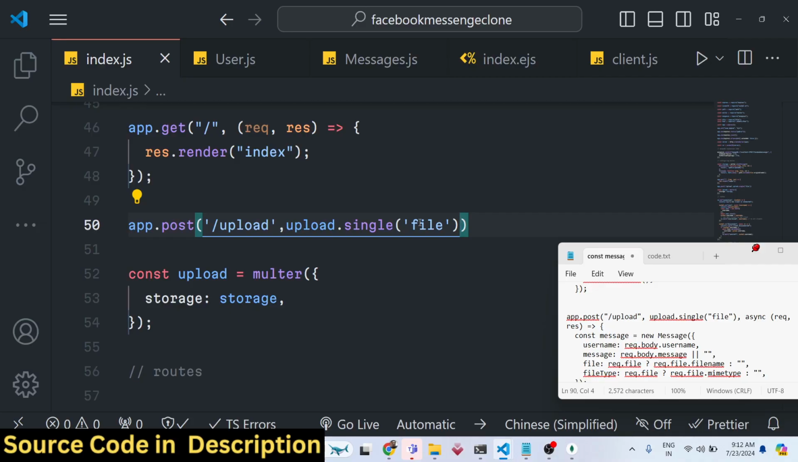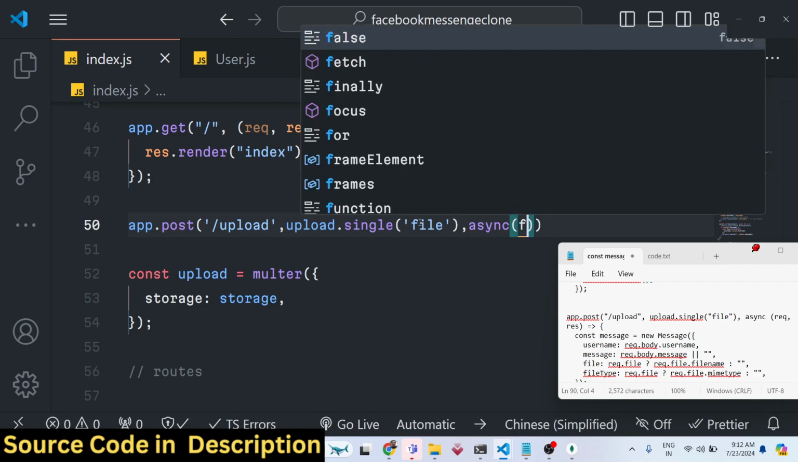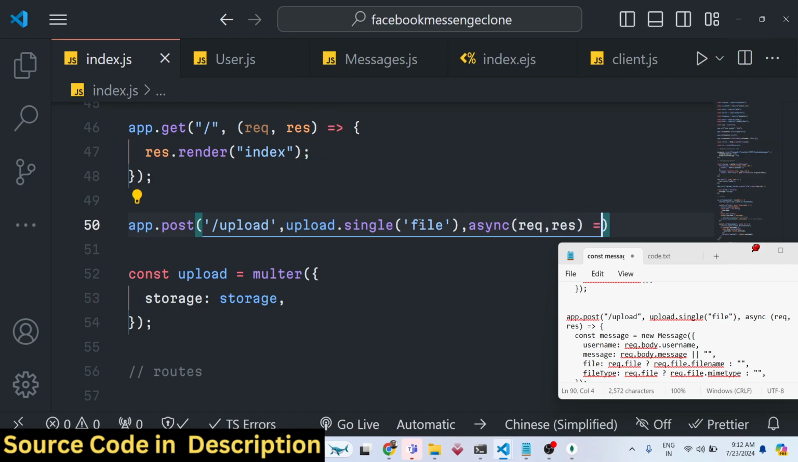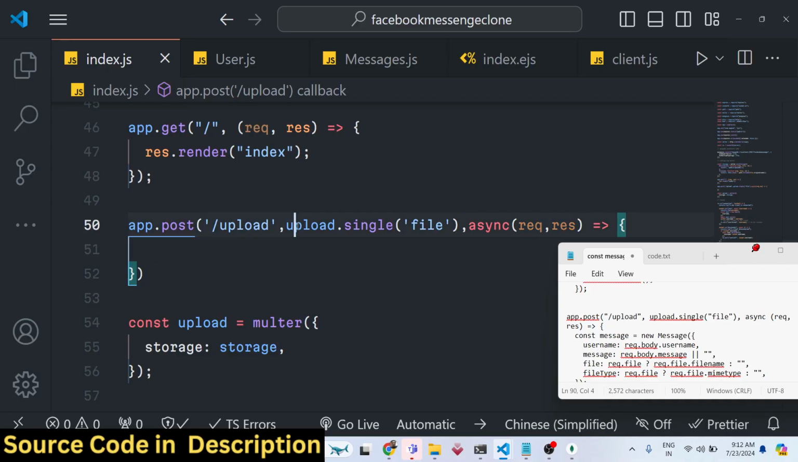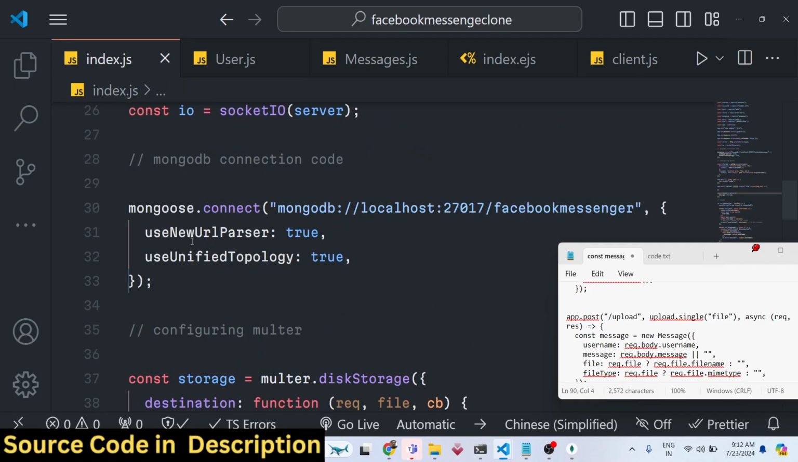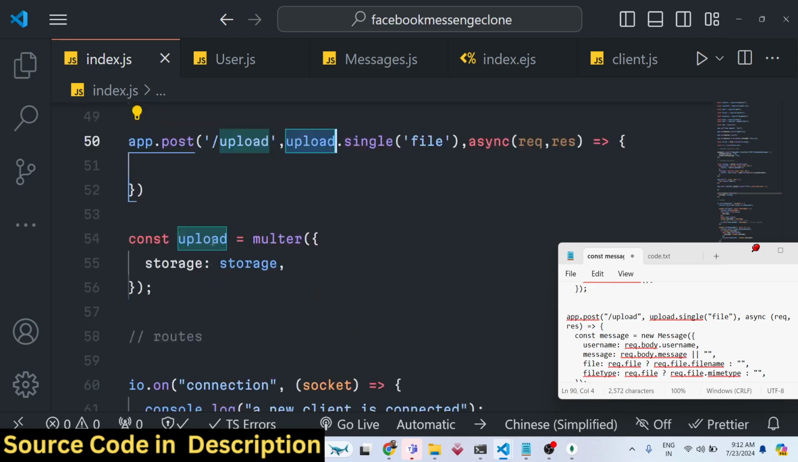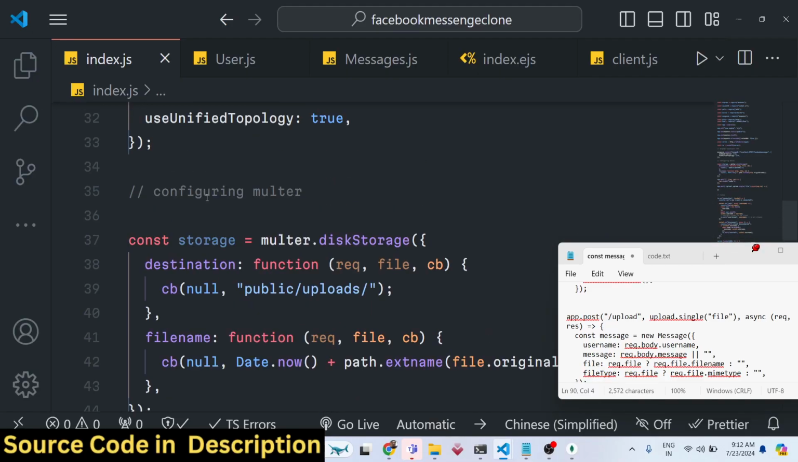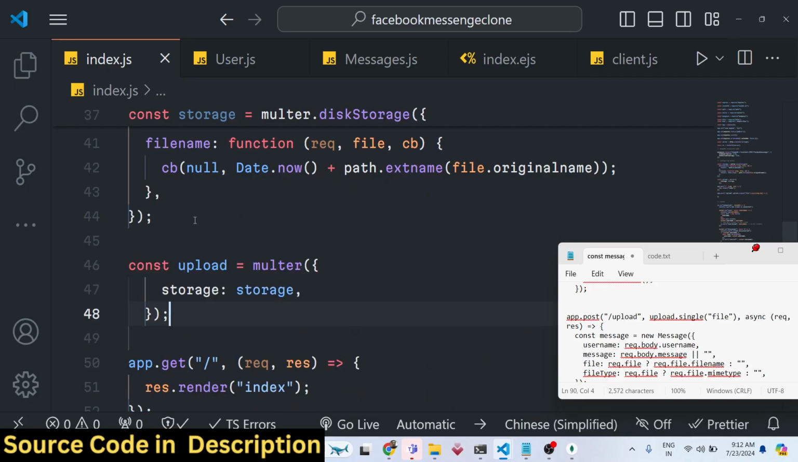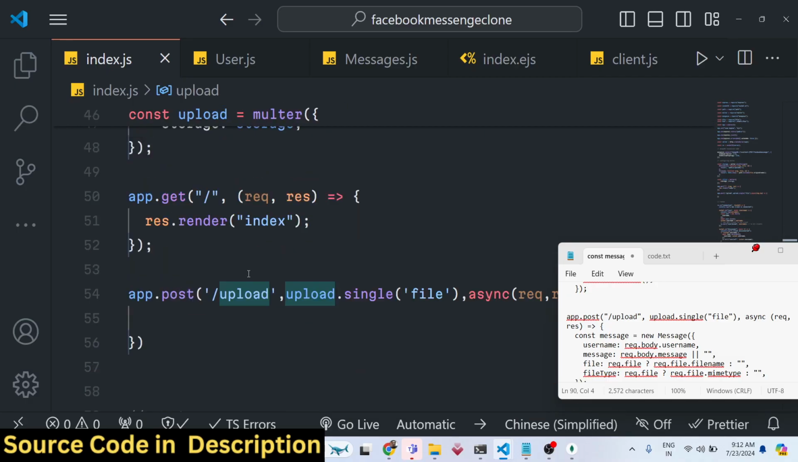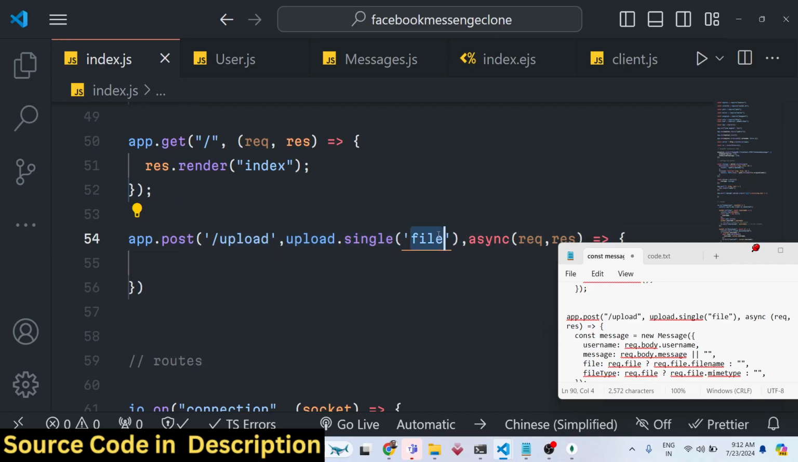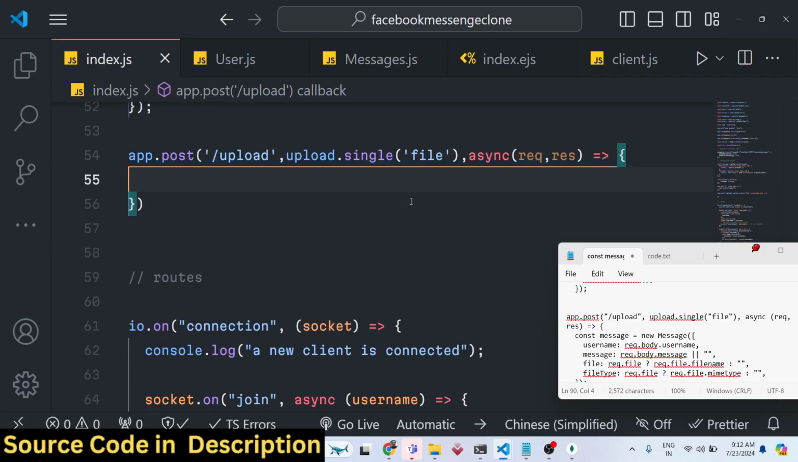If any file was selected by the user, Multer will successfully upload that file in this middleware. So this will be an asynchronous function. This middleware we already configured early on. Sorry, you need to declare it early on, right here. Just declare it here. Now we can access this middleware. We are passing this as a request, upload.single file. So now we can simply